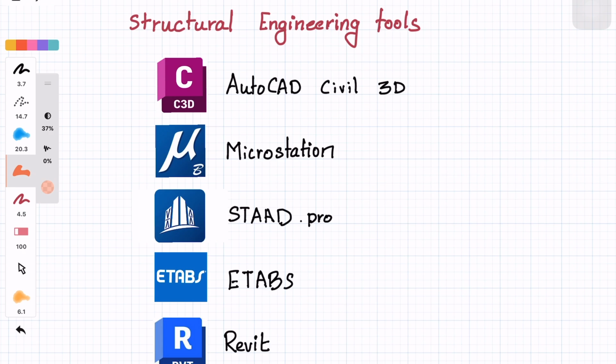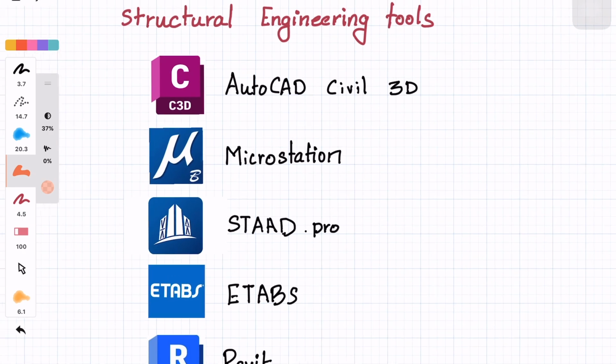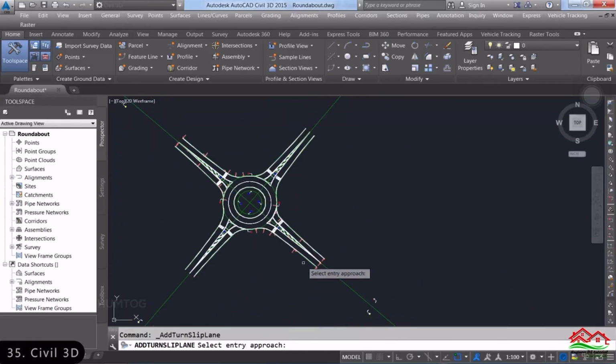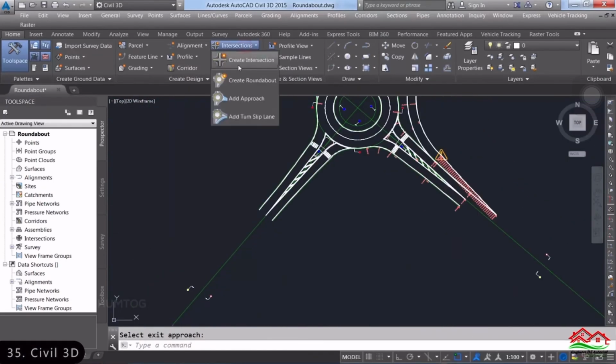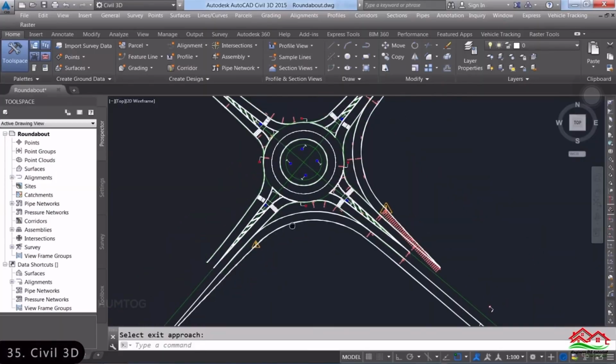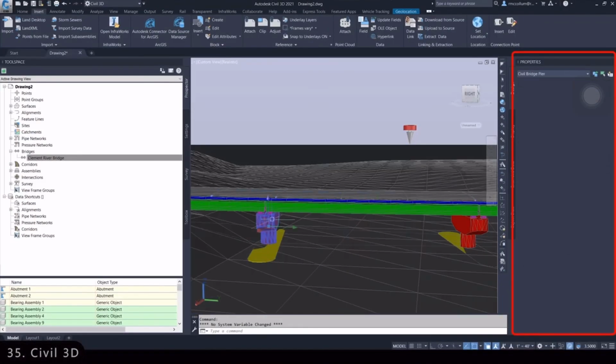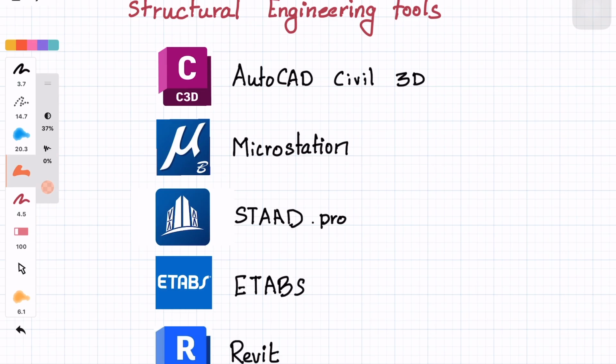Structural engineering tools. Let's now explore structural engineering tools. AutoCAD Civil 3D, MicroStation again. We already discussed MicroStation. STAAD.Pro is used for static and dynamic analysis of buildings, bridges, towers, and foundations, supporting international design codes.